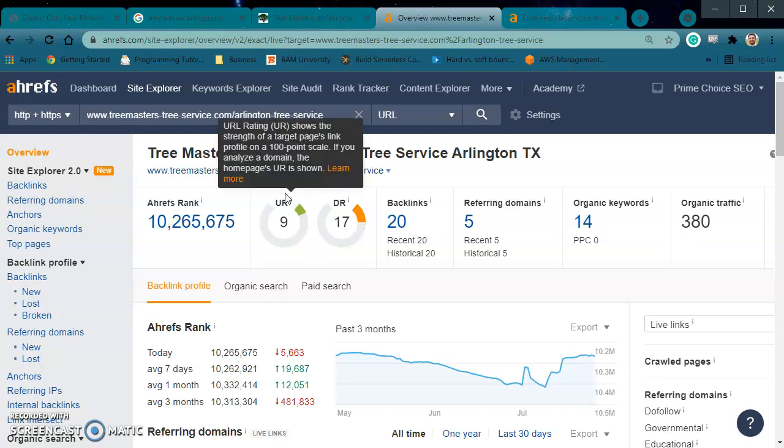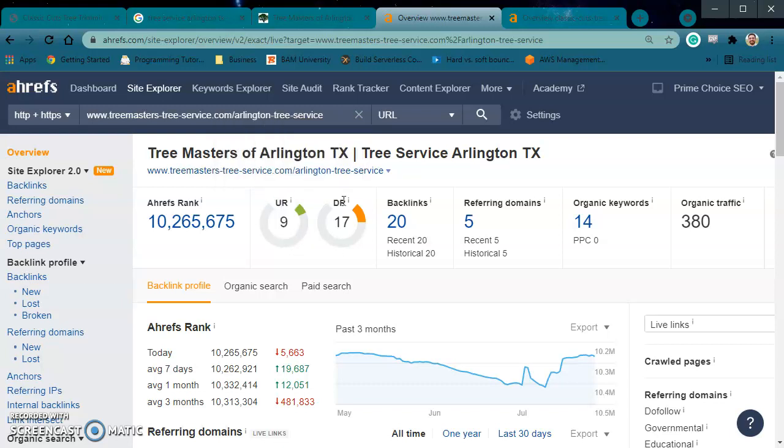That way, maybe we can see how to implement that in your site so that you can do it right as well. So when we're looking here, we're seeing a UR of 9, DR of 17. Both of these figures are very, very important for your positioning on the Google search. So UR is your URL rating. It's a 0 to 100. The higher, the better. For their position being the top organic search company for this search, that's actually a pretty